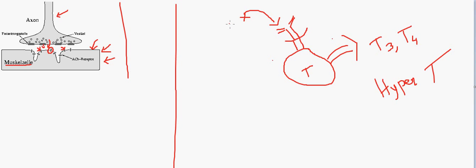So I'll write hyperthyroidism, I'll write hyper T. So this is what happens in the Graves' disease. So the antibody eventually doesn't cause any harm to the thyroid cell, but instead it stimulates the thyroid cell to secrete more amount of thyroid hormones, which will result in hyperthyroidism. So these two examples, Myasthenia gravis and the Graves' disease, the antibodies